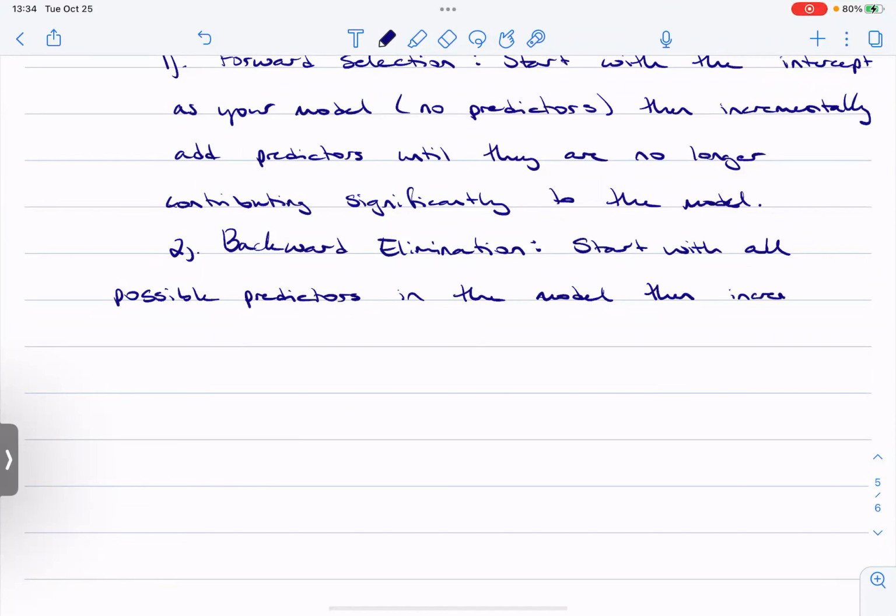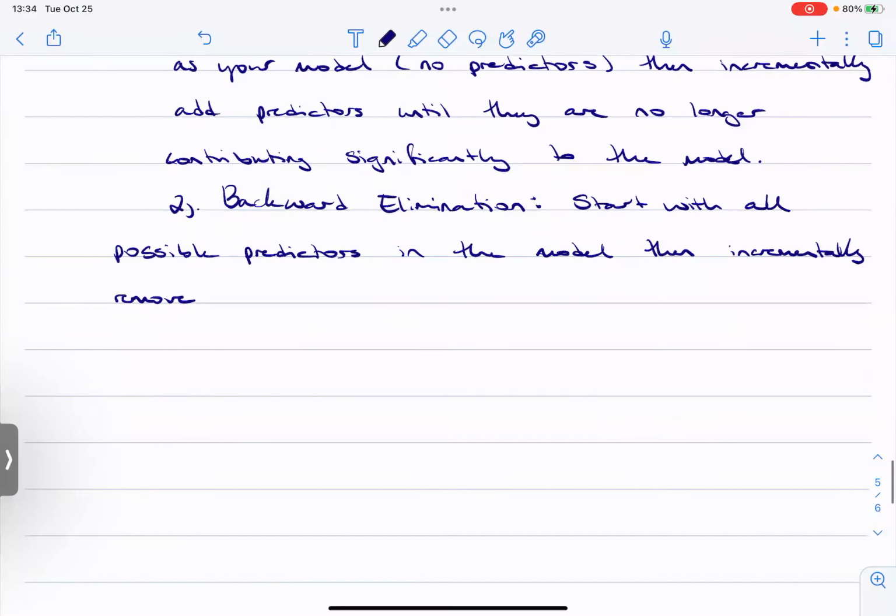Then incrementally remove the least significant, right? And that's what I was talking about before with those p-values. The least significant predictor